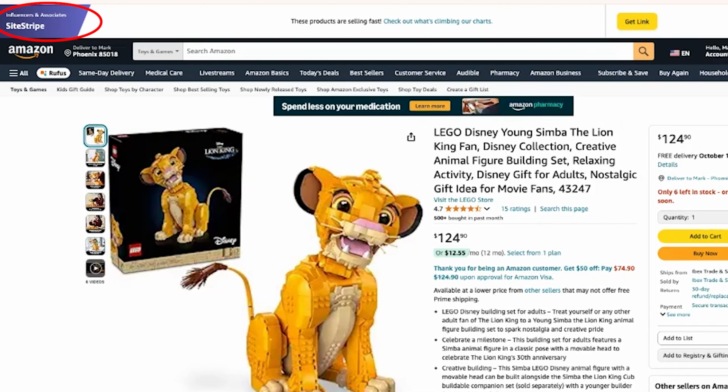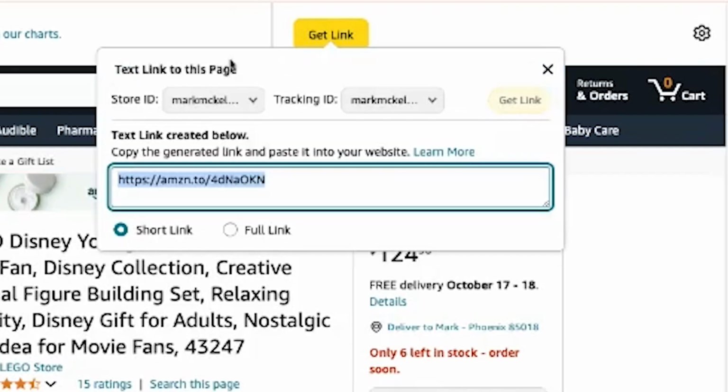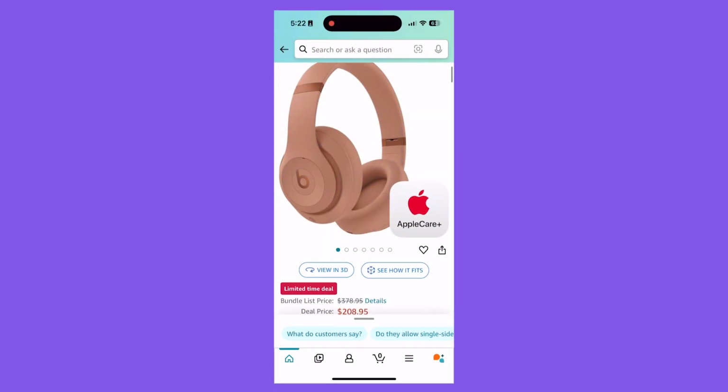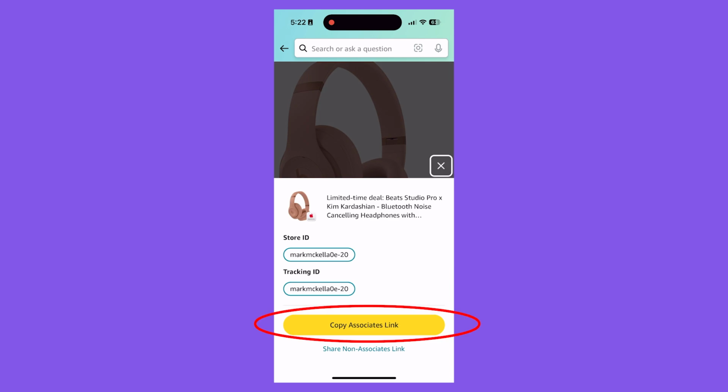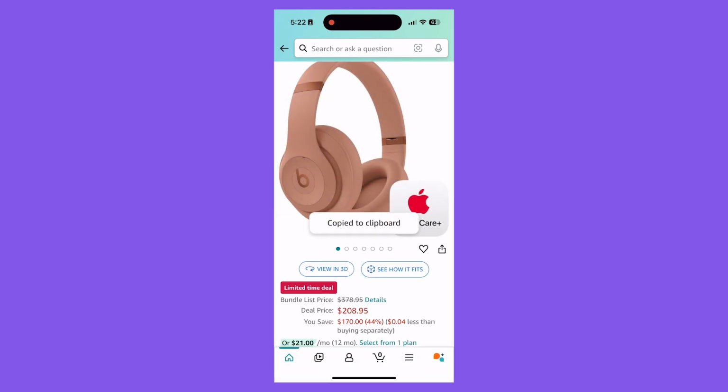Now, you can do that, or you can use SiteStripe here at the very top and just say get link. Or if you're on your mobile phone, if you click like share link and you click copy, that's also going to be the product link, and it's going to direct that commission back to your account if the link gets clicked or if someone purchases it with that link. Amazon actually has a lot of good Q&A pages here where it explains very clearly and directly more of the terms and conditions. I'll share these links in the video description, but this is what I would recommend as far as sharing links